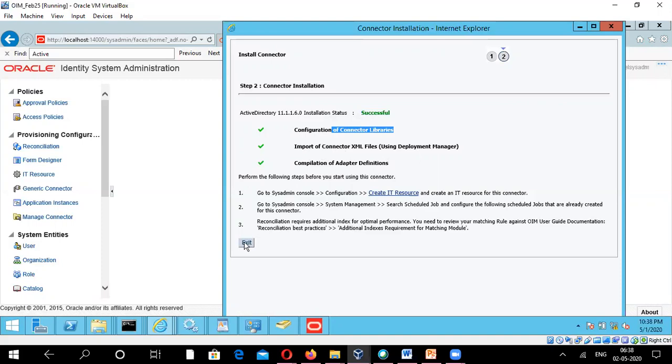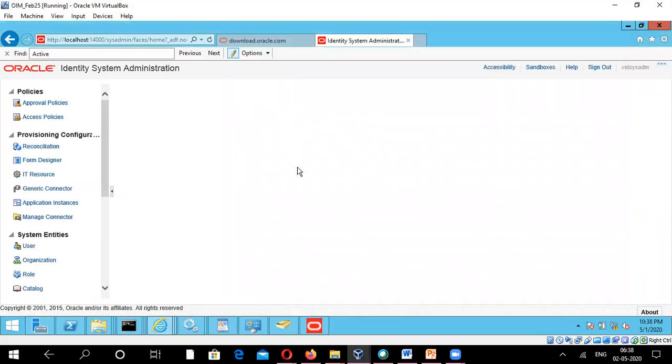So what we do is we just click on exit, and then just to verify that the Active Directory connector is successfully installed. As I was mentioning, once we install this connector, it is going to automatically configure the various components like resource objects, process task, process definition, and the schedule task and lookup definitions and so on.